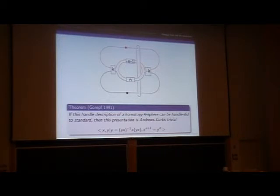actually do slides and make the thing the standard fake sphere. So we know that it is a standard fake sphere, but if we weren't allowed to stabilize in the way I've described, we wouldn't know that. Or at least it would be very difficult to show that, because it's believed that you can't make this Andrews-Curtis